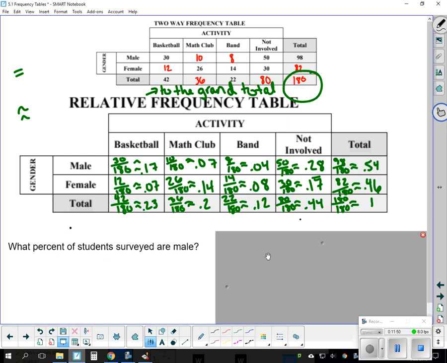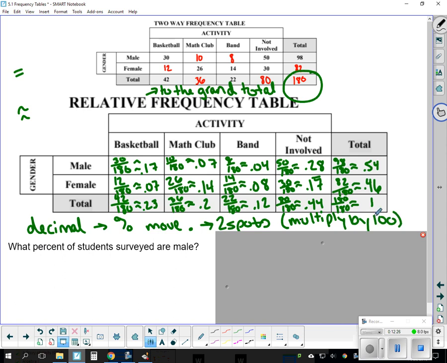What percent of students surveyed are male? Okay, so we need to figure out percents now. These are decimals. How do you change a decimal into a percent? If you have a given decimal and you want to go into a percent, you have to move the decimal point which way? Right, 2 spots. It's the same as multiplying by 100, because percent